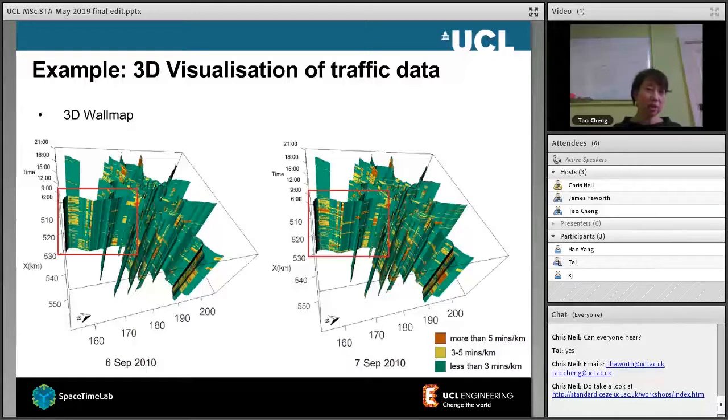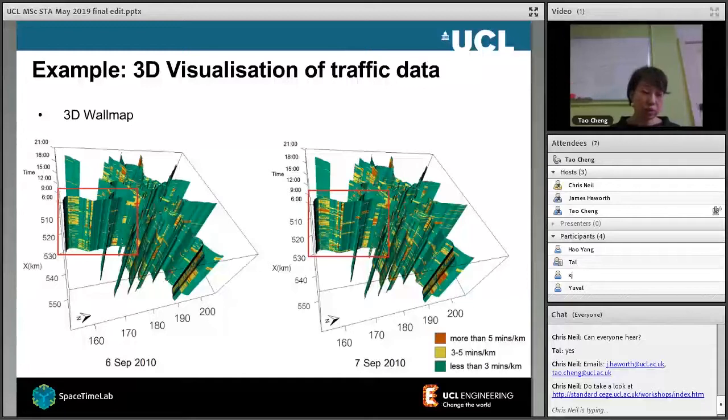You can see the congestion started quite early in the morning and lasted quite late in the evening in the town center. This also shows 2 days. The day on the right is a day when we had a tube strike. So you can see the congestion is much worse on the road surface. Lots of people drove cars to the office, which they normally don't do on a normal day, so the traffic got much more congested, which shows in red, of course.